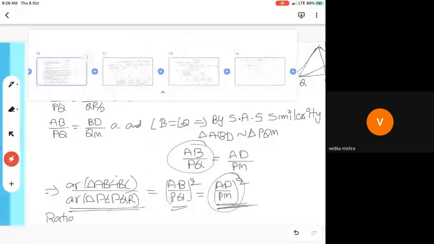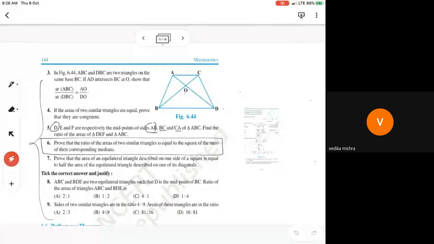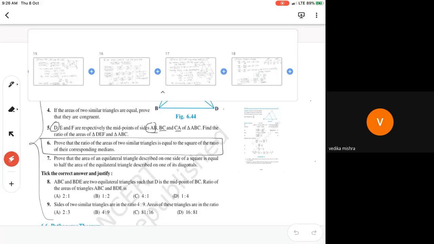Yes, sir. Prove that the area of the equilateral triangle described on one side of a square is equal to half the area of the equilateral triangle described on one of its diagonals. This question is a little different, but if you draw the figure, then it is an easy task to understand. Once again read the question here. What is the question given to you? Prove that the area of the equilateral triangle described on one side of the square. You draw a square, and on one side there is an equilateral triangle. So here itself I am going to